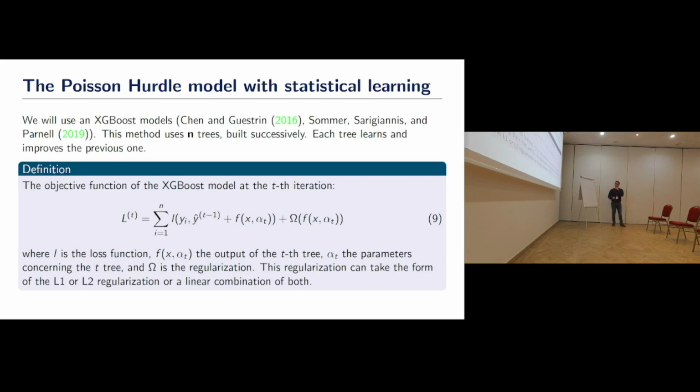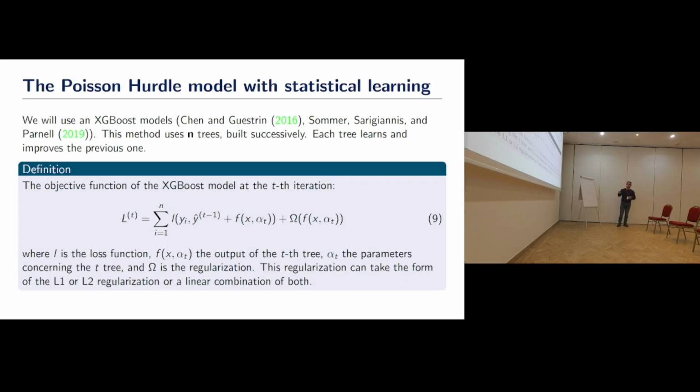And for the non-parametric model, I choose to use the XGBoost model. Of course, we can use any other model, but in my case, I choose this one because I know it very well and I work a lot with it. We can use neural nets, other things, but I choose XGBoost. It's a very, very powerful library. We can do both regression and classification tasks, so it's not a problem.